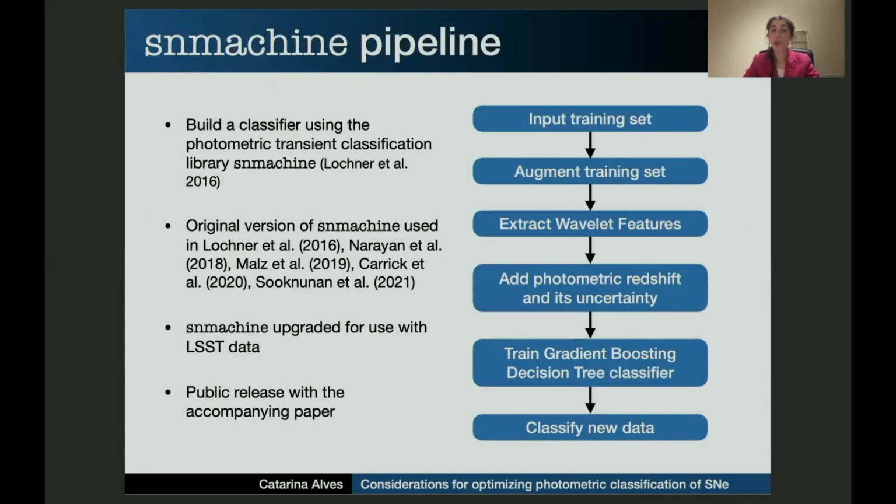In this work, we built a classifier using the photometric transient classification library snmachine. Basically, we input the training set, augment it to deal with the lack of representativity issue, extract wavelet features, add the photometric redshift and its uncertainty, train a gradient boosting decision tree classifier, and we are ready to classify data. The original version of this library was previously used in sample papers. But in this work, we upgraded snmachine for use with LSST data. snmachine is now publicly